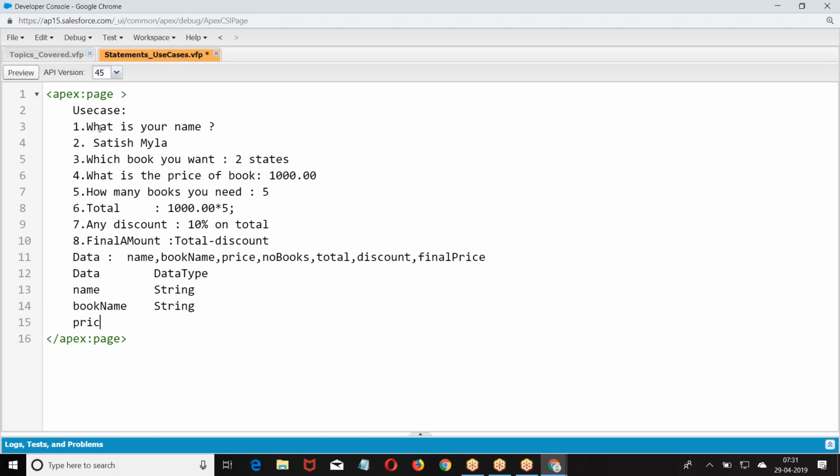I asked the price. Now it is 1000.00. It should be a decimal. How many books you need? Number of books, I gave 5, integer. Then I told discount. Discount, 5000 into 10 by 100, is going to be decimal. Then we gave final price.